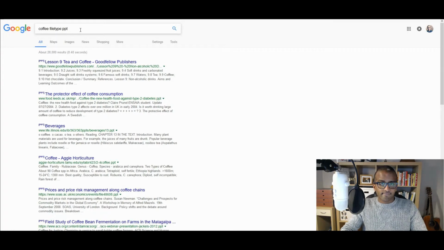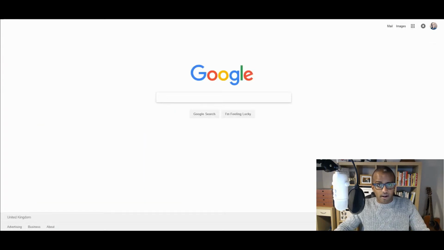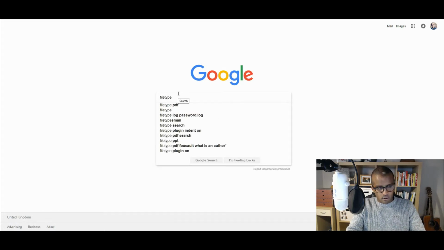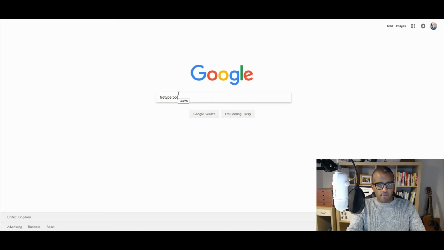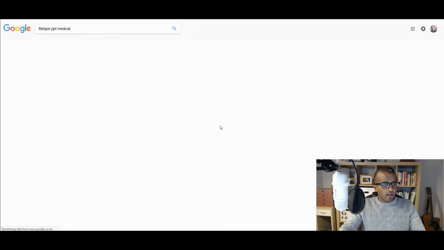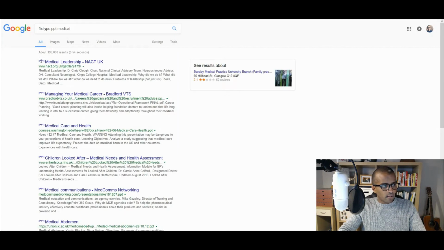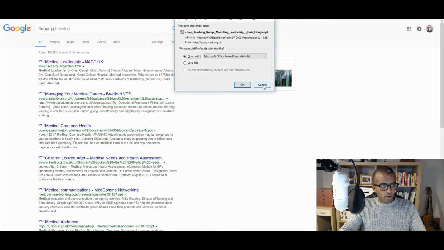Number 4 and 5 are actually related to each other. If you go straight to Google, you can do a specific type of advanced search directly on a search bar by just typing in filetype:PPT, and that is the file type for PowerPoint. You type it in there. Again, you could type in, I don't know, medical again, and there you go. And as you can see, it's all highlighted here, PPT. And once again, if you click on it, you will be able to open that PowerPoint presentation on your screen,